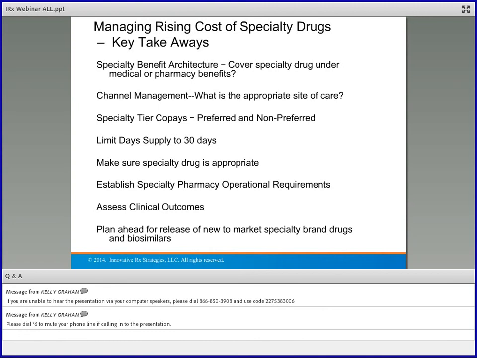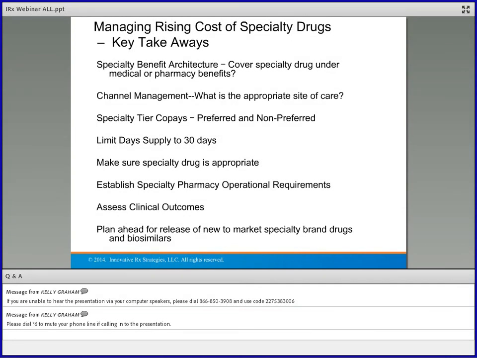I think at the end of the day, what you need to do is a cost-benefit analysis to decide, okay, under the grandfathered plan, there are certain things I'm not required to do under the Affordable Care Act in terms of what I have to provide. And you have to look at that. If you're concerned about your specialty drug costs, and you do have a lot of specialty drugs, it's just something you have to balance. Which makes the most sense? Do I maintain the grandfathered status?